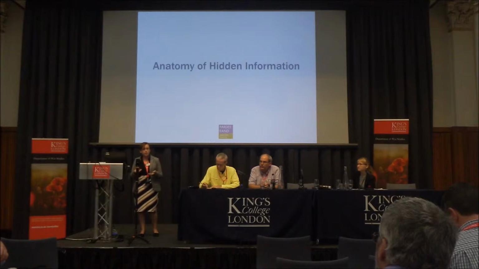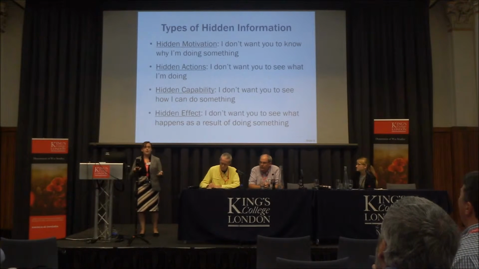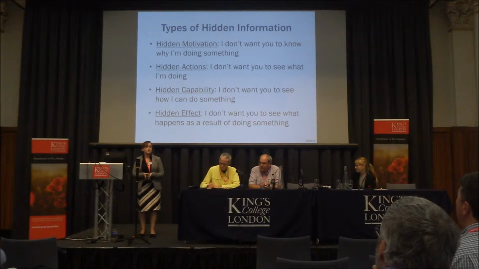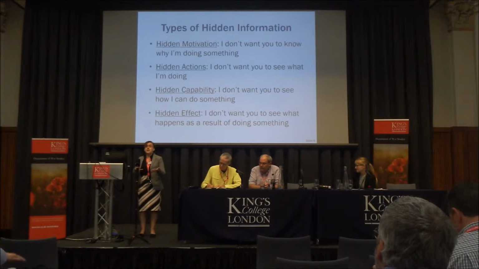What types of hidden information are we looking at in games? And where do I see them come into game design? So I threw up a couple of issues that have hidden information. Here instead is looking at it as what are the types of information we're hiding. So I think we can have instances where we have hidden motivations. I don't want you to be able to know why I'm taking an action.